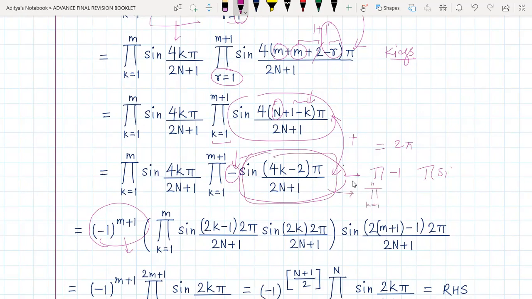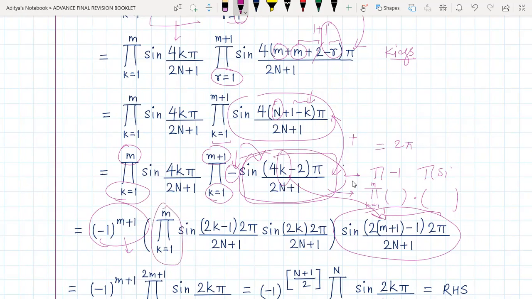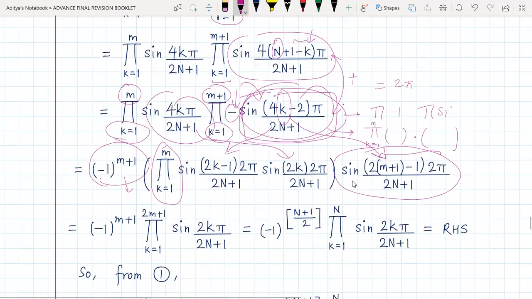Now for this product, the way we are doing it is, we are writing the product from k equal to 1 to m, and then into when the value m plus 1 is actually put here, this quantity. So we have just broken it up, because we need from k equal to 1 to m to merge them. So I have broken this product up from k equal to 1 to m, and then I'm putting in the value m plus 1, as you can see here, instead of k. And the remaining thing has been merged into a single product, sine of this quantity into sine of this quantity. So that's what has been done in this particular step.